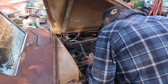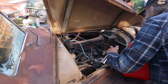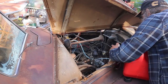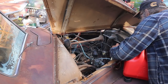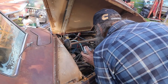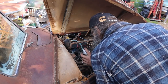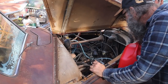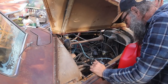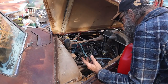Number 6 is cold. Number 2 is definitely hot. 1 is hot. 1, 2, and 3 are hot. 4, 5, and 6 are cold. We have no coolant in it, so it can't run for more than a minute. But if we can get it to run for a minute, I'm thinking that if we bash those valves up and down a bit, it might start firing. It definitely started out on 1 or 2, and now